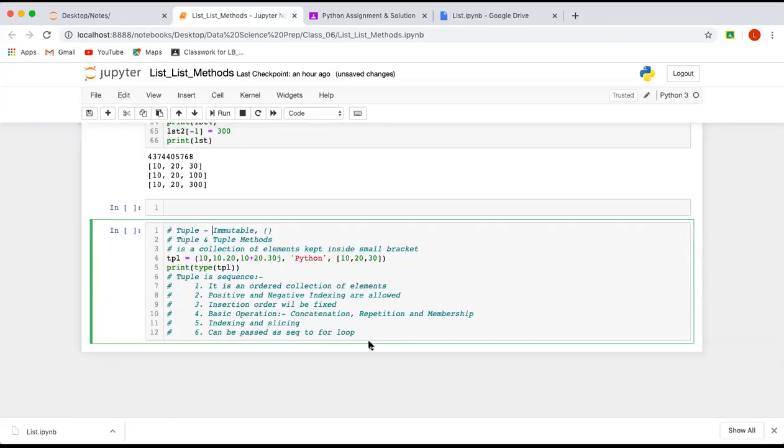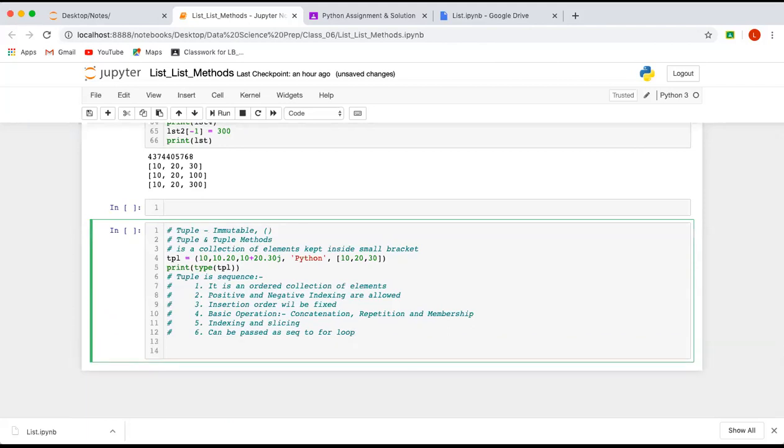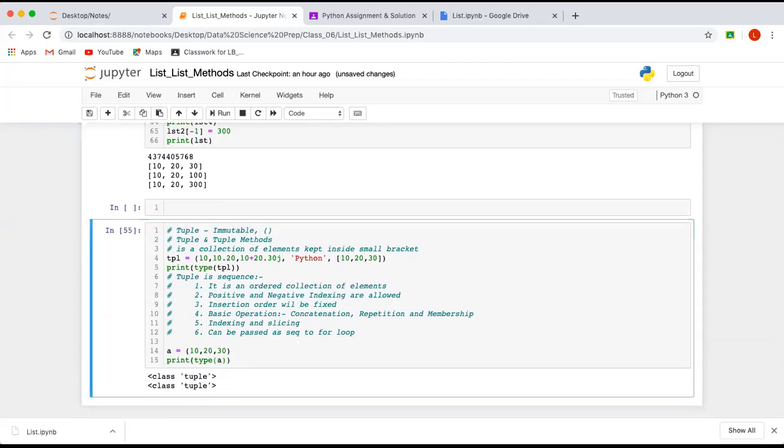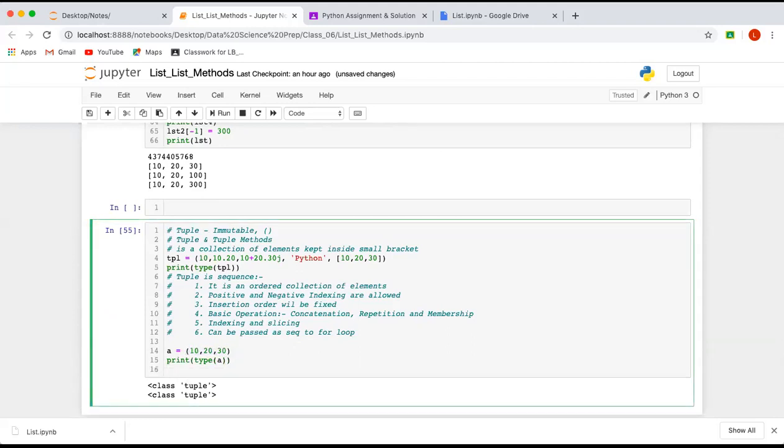Okay, now how can you create a tuple? Creating a tuple, let's say if you know the elements, you can directly pass them inside the small brackets, it will create a tuple. So if you check print type of a, it will give you tuple. Okay, so any value which is kept inside the small brackets will become a tuple. So if I write b is equal to 10, what will be the type of b?